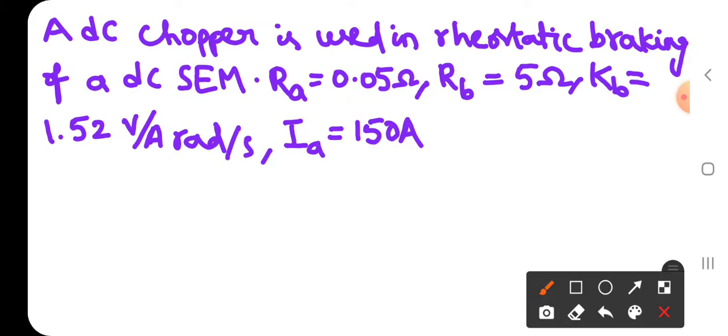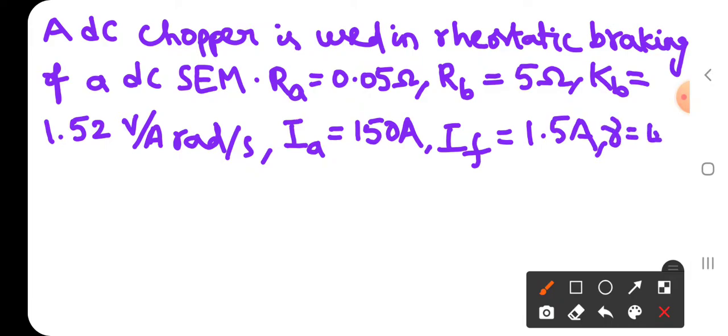The field current is 1.5 amperes. If the duty cycle of the chopper is 40%, determine